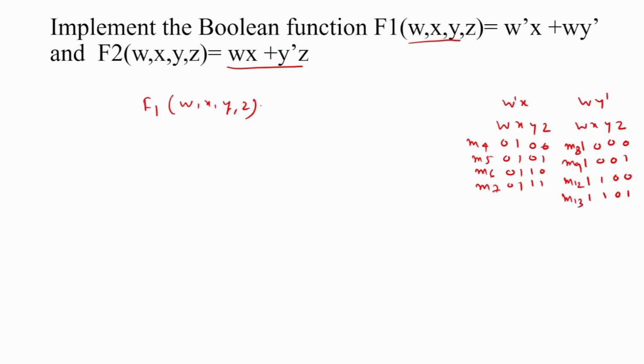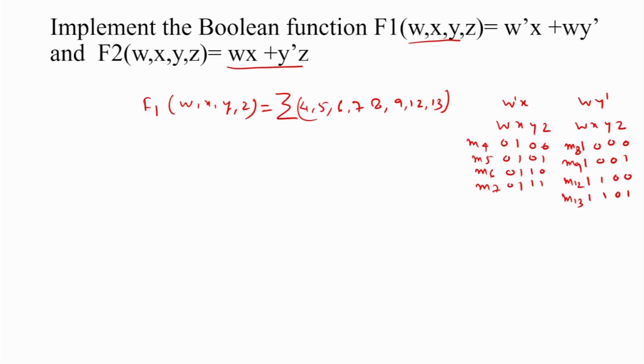When we write it in standard SOP form, it is written as the summation of 4, 5, 6, 7, 8, 9, 12, 13. This means that in these particular min term combinations the output of the function is 1, and